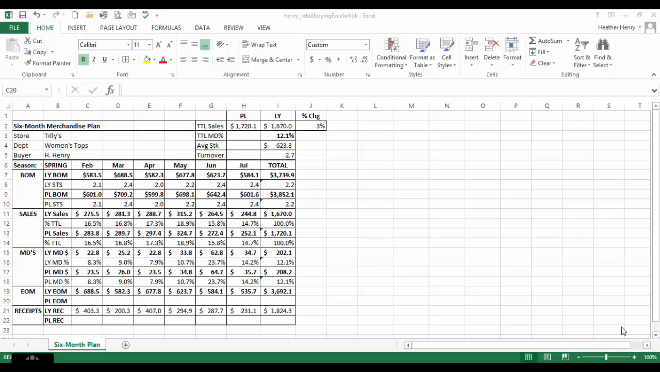Now we need to determine our end of the month information. Since we already know exactly where we want to start the next month, remember we used our stock to sales to determine this. We already know exactly where we want to start March because we used the stock to sales off of our sales. So since for March we used a 2.4 stock to sales, that determined that our inventory should be at